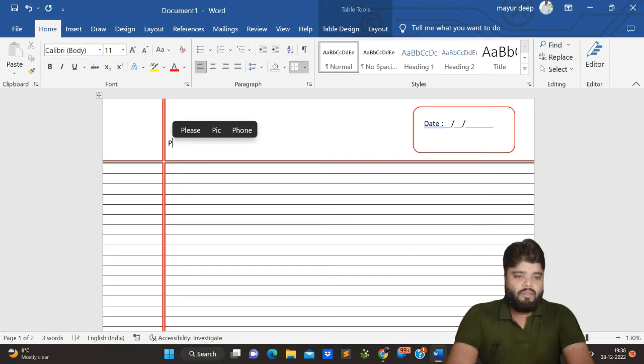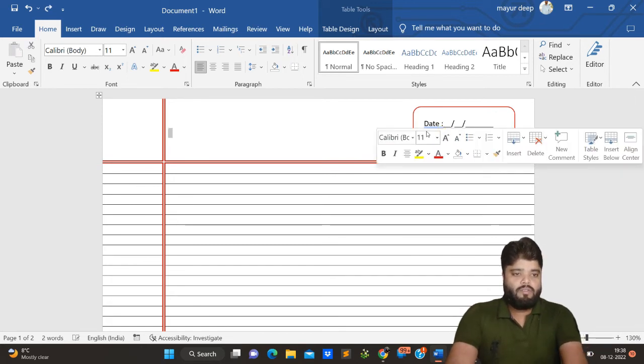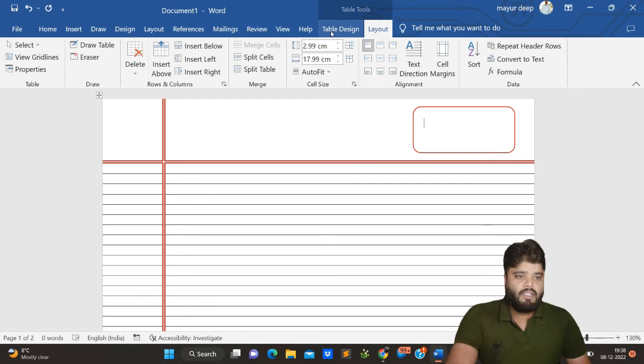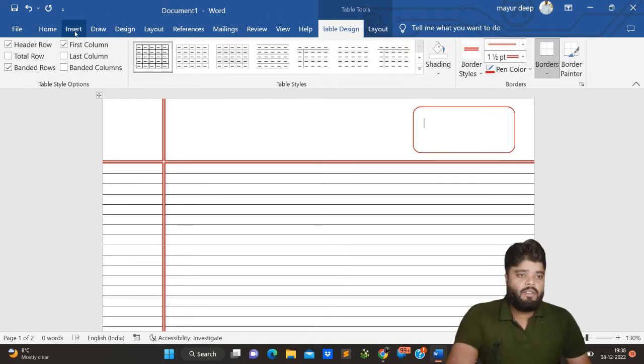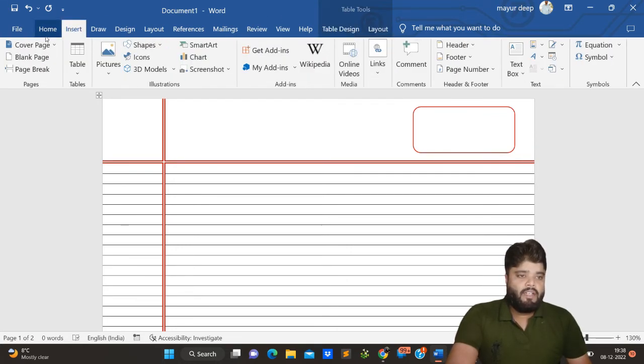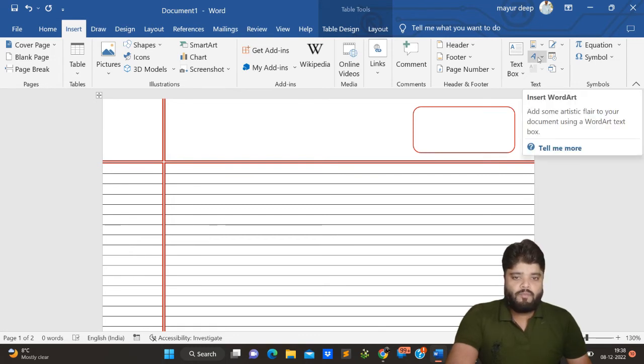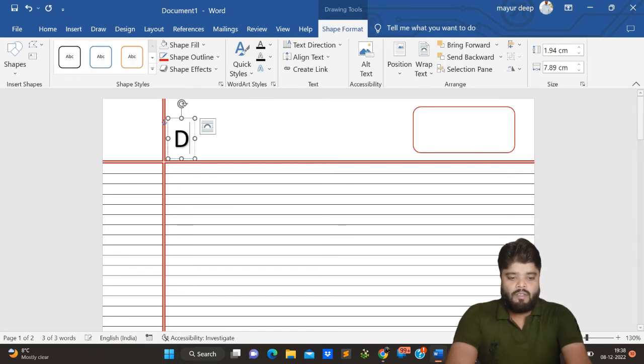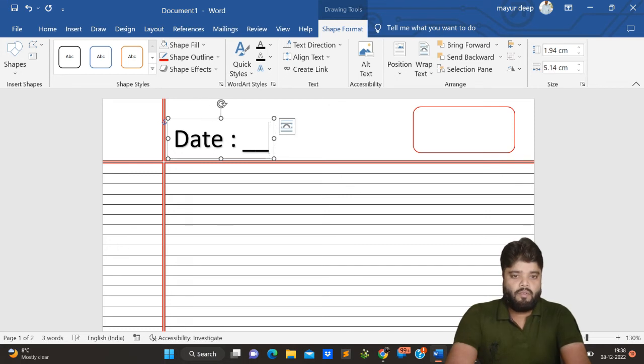So see, if we are generally typing, it will be difficult. So what I will do, I will go to my Insert tab. On the right side in the text field, you can see WordArt. So just click on Insert WordArt. Okay, now here you can type date. Just give the field for your date,